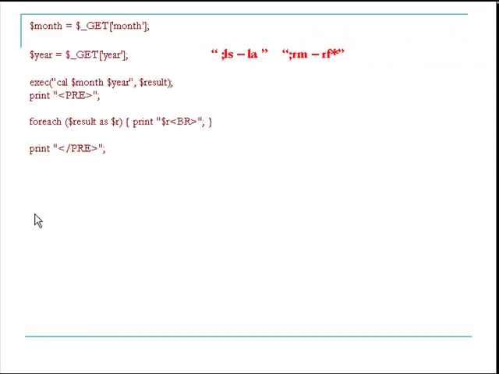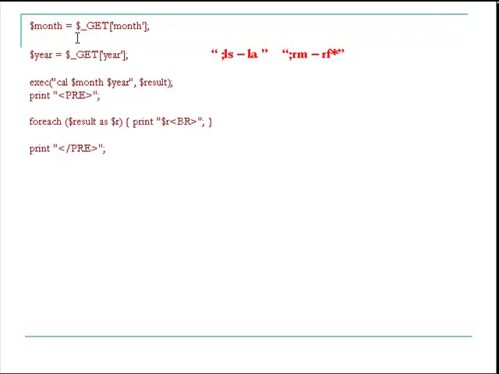Unvalidated input errors. As an example, you might write the following code to allow a user to view a calculator that displays a specific month by calling the Unix cal command. This command has a gaping security hole. Since the get month and get year variables are not validated, the application works perfectly as long as the specific month